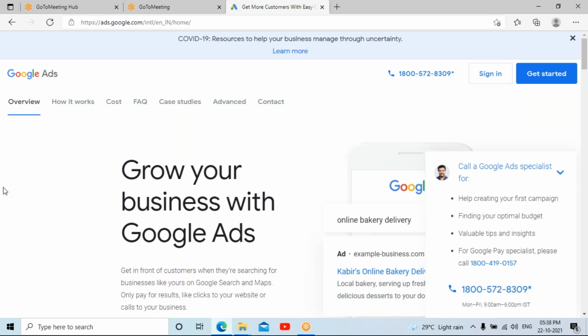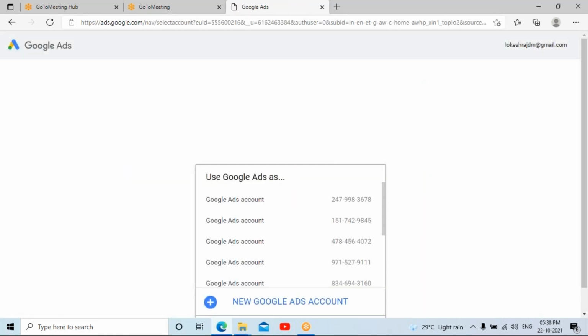Welcome. So in the last class we discussed how to create the Google Ads account. Let me take you to ads.google.com and we will go to the sign in option because we have already created an account.